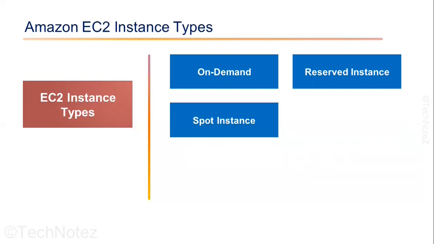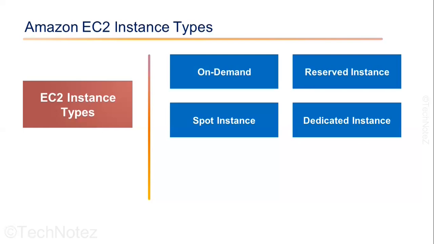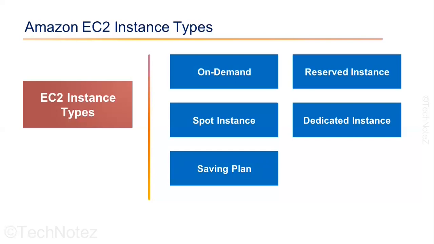Spot instances. These instances allow you to bid on spare Amazon EC2 computing capacity, making it possible to request spare Amazon EC2 instances at a lower price than the on demand price. Dedicated host. These instances provide you with a physical server dedicated for your use that you can launch one or more instances on. This can be useful for regulatory compliance or software licensing requirements. Saving plan. This option allows you to save up to 72% of your compute capacity by committing to a consistent amount of usage for a 1 or 3 year term across the AWS services like EC2 and Fargate.